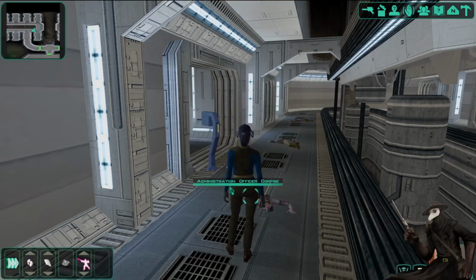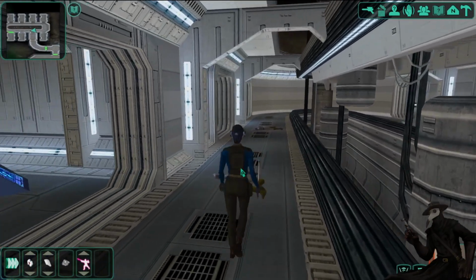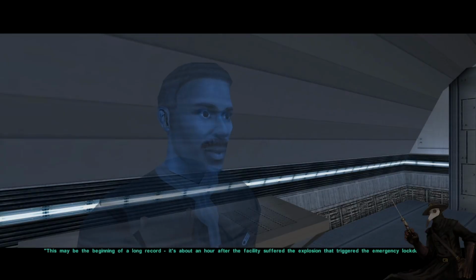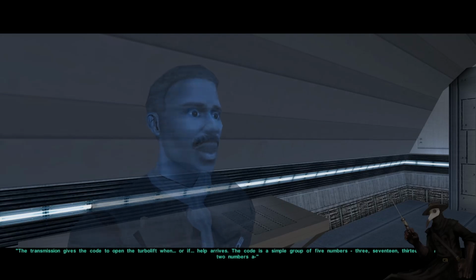And there's the admin officer. And that's it. That's it for... Let's see. This may be the beginning of a long record. It's about an hour after the facility suffered the explosion that triggered the emergency lockdown. Just finished helping the dock officer set up the transmission relay. The transmission gives the code to open the turbo lift when or if help arrives. Code is a simple group of 5 numbers. 3, 17, 13, then the next 2 numbers are...